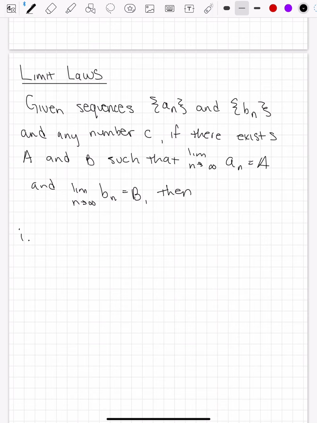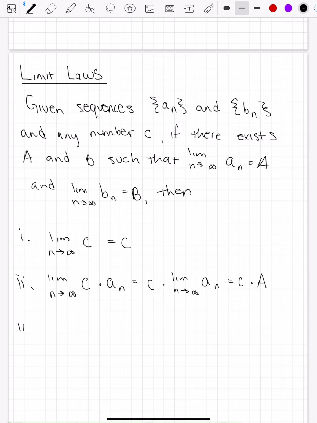Remember, if we take the limit of just a constant, that's not changing at all, so it's just going to be the constant itself. If you have the limit of some constant times your sequence or your formula or your function, you can pull that constant out of the limit,